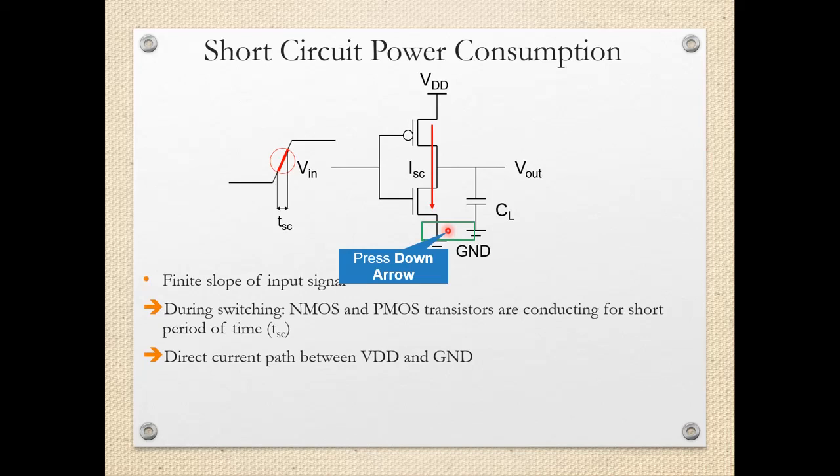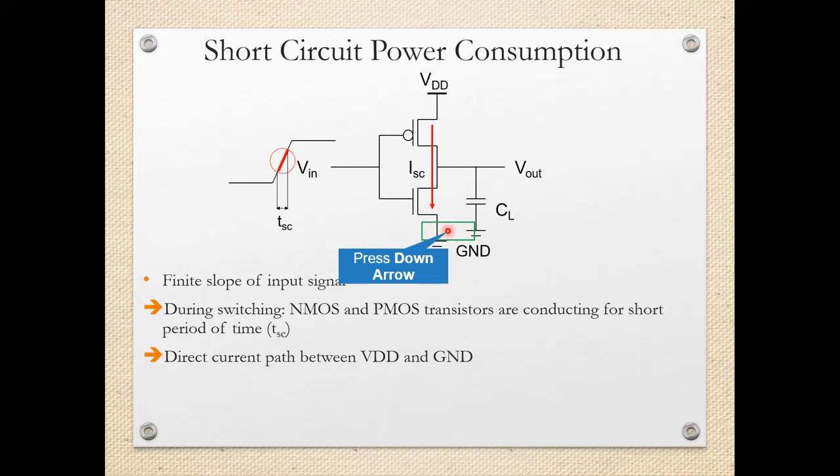Now the second way by which the power gets consumed is the short circuit power consumption. Again the same circuit is considered, and here you can see that for a short duration, that is during the switching, the NMOS and PMOS transistors are conducting for a short period of time, and there is a direct current path between VDD and ground. Why does this happen? Because we say that either the P MOSFET will be on or the N MOSFET will be on, but because of the finite slope of the input signal, it happens that